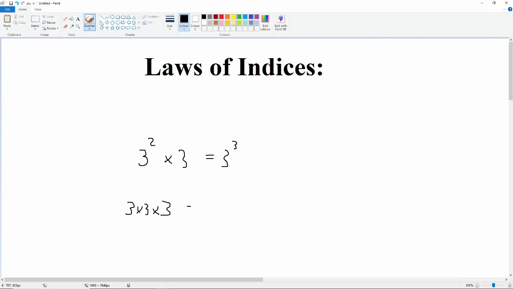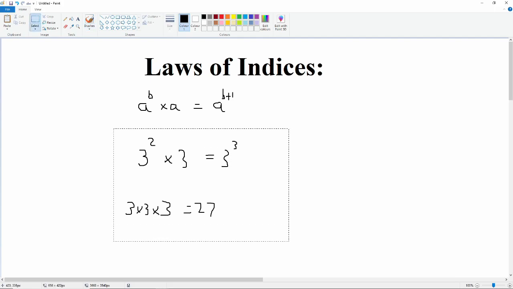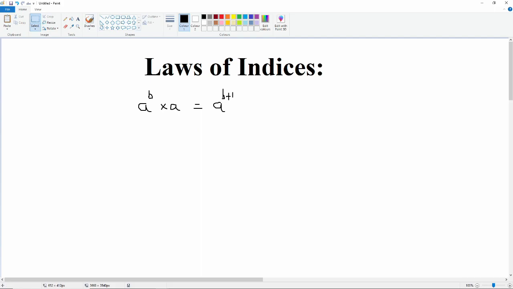And that leads us to one of the laws of indices, where if you have a raised to the power b and you multiply it by a, all you do is add 1 to the index, so that's just equal to a to the power b plus 1. In fact, we can generalize this and say